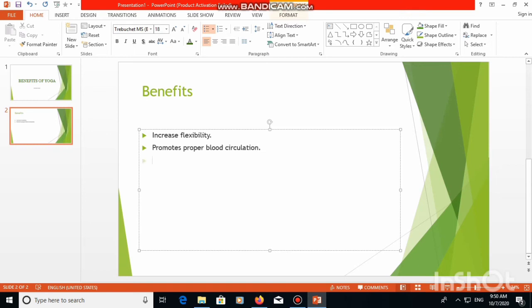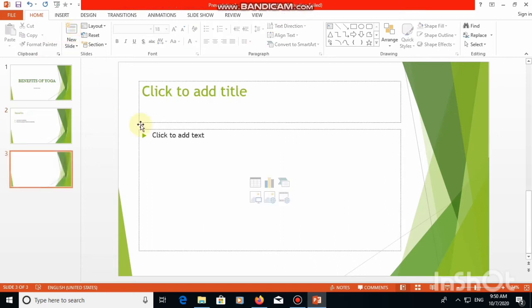By this way you can add as many points as you want. If you again want to insert any new slide, then again click on the new slide and a new slide